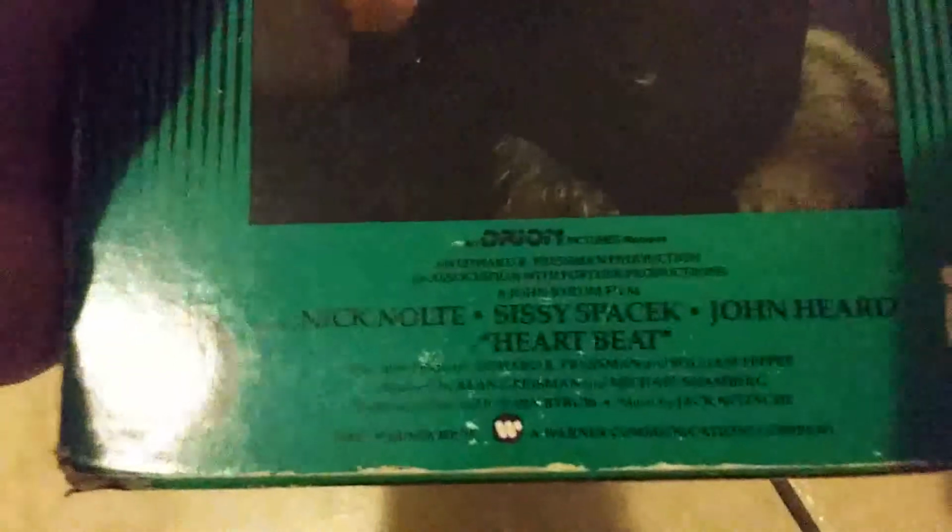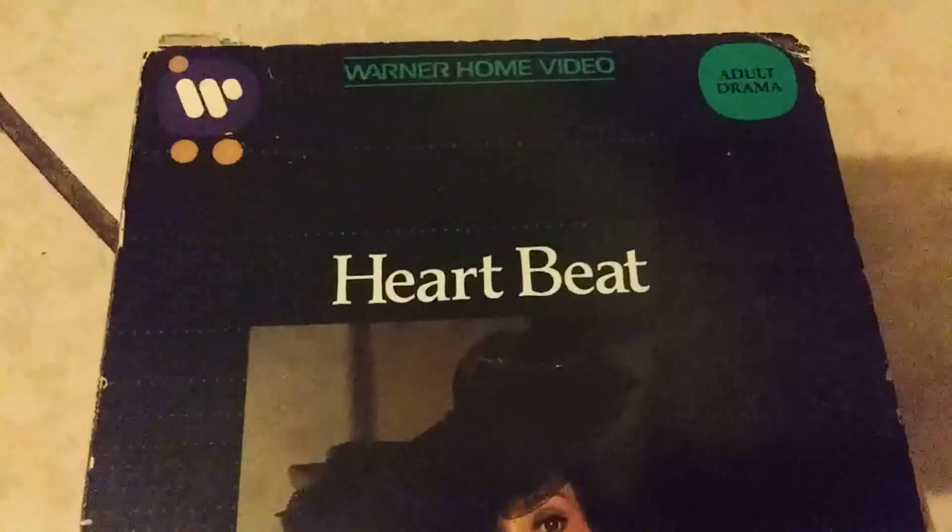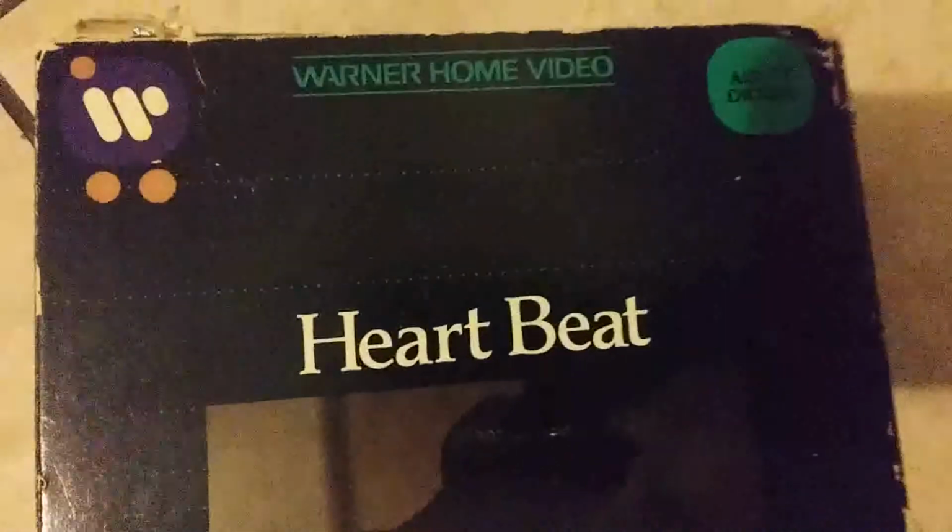Here's an Orion Pictures film that was released by Warner on VHS. Orion had a distribution deal with Warner. It was a mini-major film studio of the 1980s that had originally had its films under a deal with Warner Brothers. And Warner Brothers still owns the Orion films they distributed. Among the films that Orion released through Warner was Heartbeat,